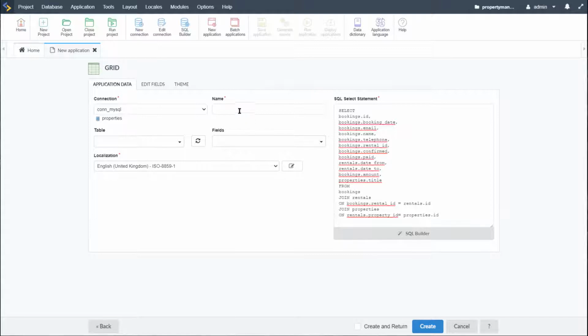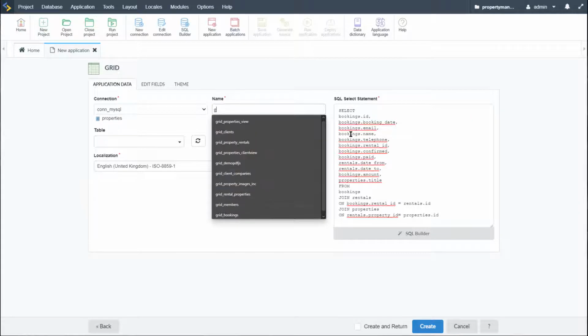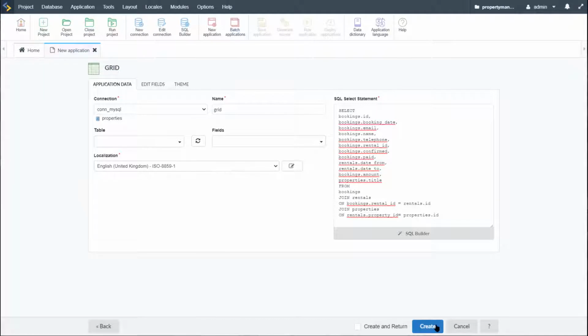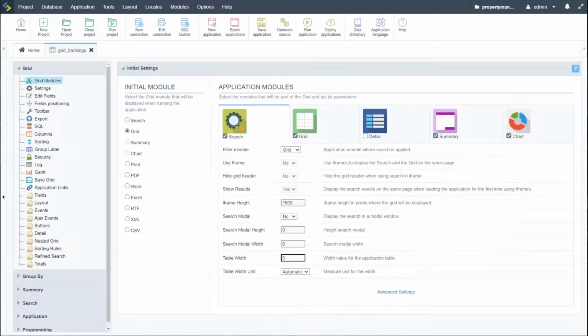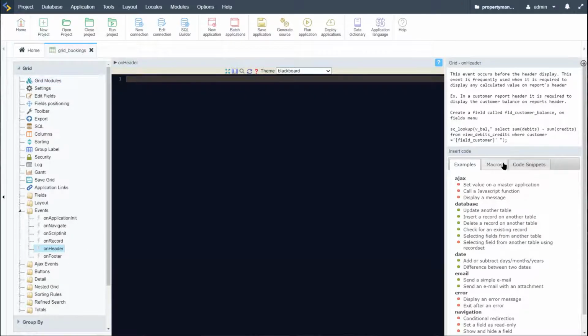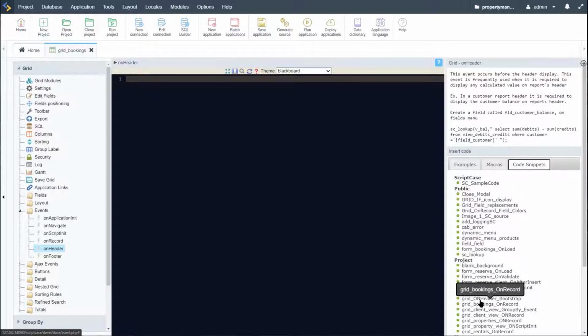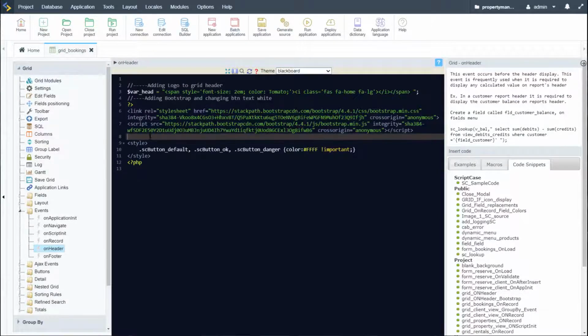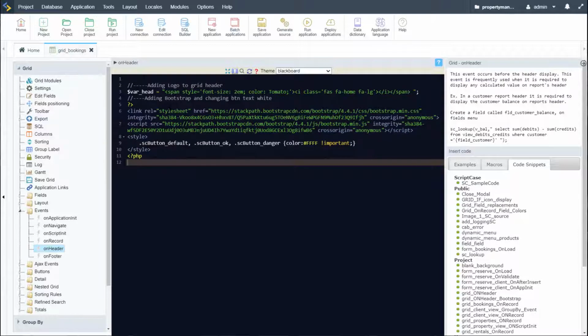Okay, so now that we have our grid SQL select statement ready, we can add our grid name and go ahead and click create. So then we have our grid bookings ready, and here the first thing I will do is access the events, and change the OnRecord and OnHeader. So let's add the OnHeader first of all. Come here to code snippets again, OnHeader bootstrap. I'll add those,